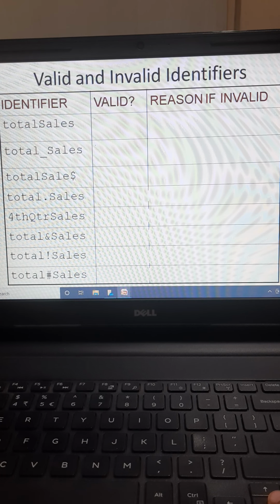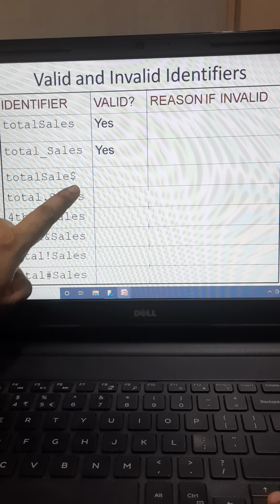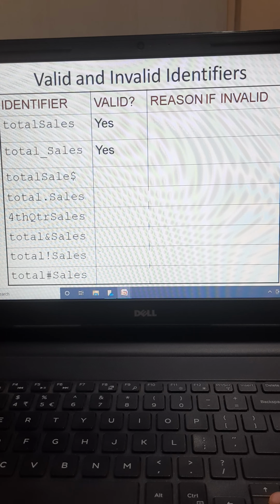Now knowing this, I've given you some examples of identifier names. We will see whether they are valid or not. The first name given by the programmer is totalcells. You can see all these are alphabets, so it is valid. Now the second programmer has chosen the name total_cells, so underscore is allowed in between, so it is also a valid identifier name. You can end it with a dollar sign, like total_cells$ or rupees, allowed. But I can't have total.cells. I can't use a dot in between the two names or two alphabets.